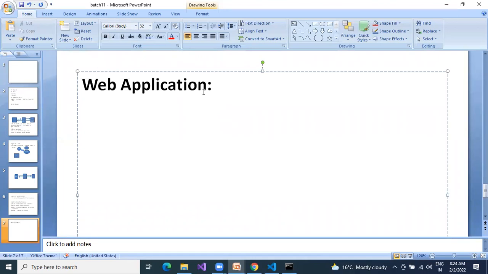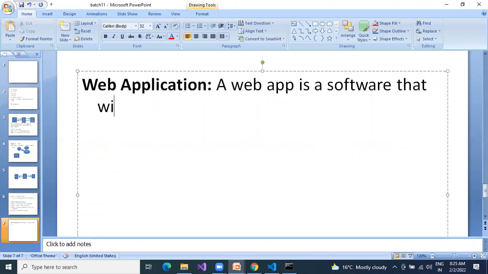A web application is a software that will run on a web browser.